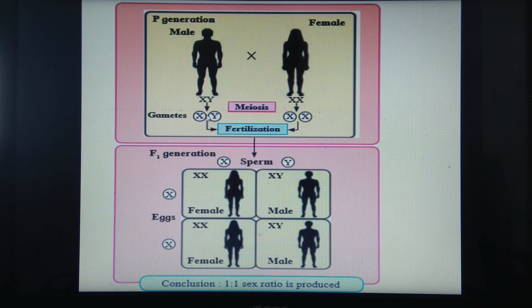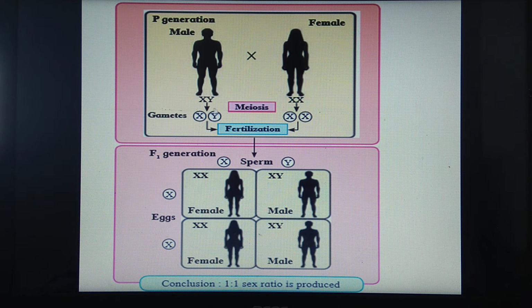So they are different from each other, and hence we can say that human males are heterogametic, producing two different types of gametes. Now we'll see about the human female. In case of female, as we have studied, 44 autosomes and 2 X chromosomes are present. Because of presence of these 2 X chromosomes, human females are called homomorphic, also called homogametic.